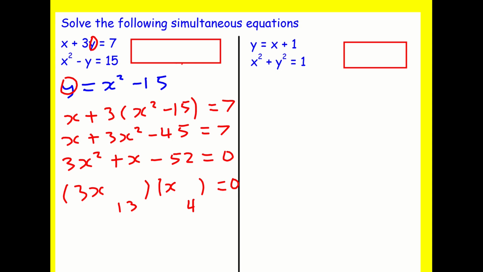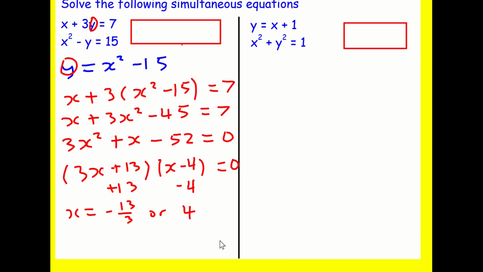And then I need plus x. I need to make this plus and this minus. 3x plus 13, x minus 4. So x equals minus 13 over 3 or 4. Bit trickier to work out why, but we can do it when x equals minus 13 over 3, y equals,